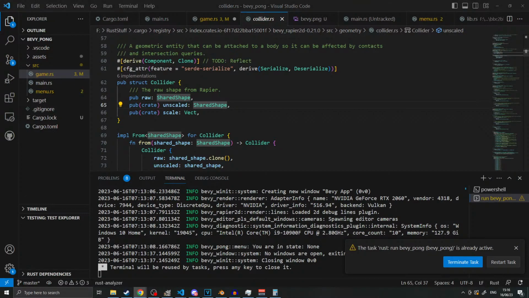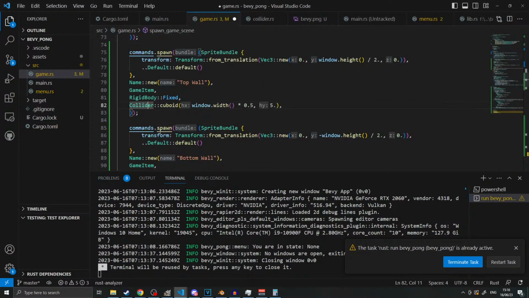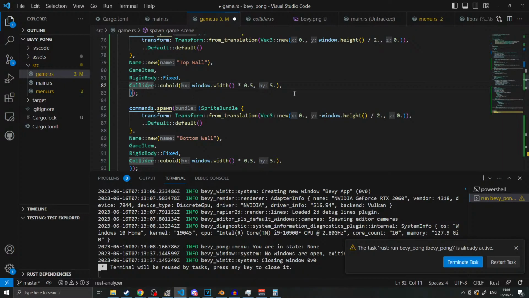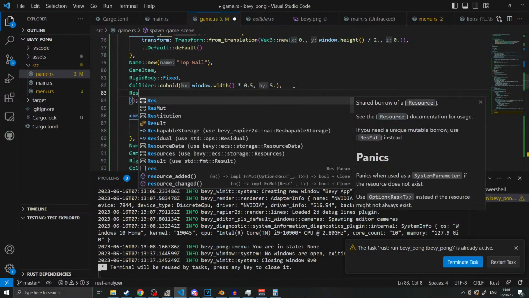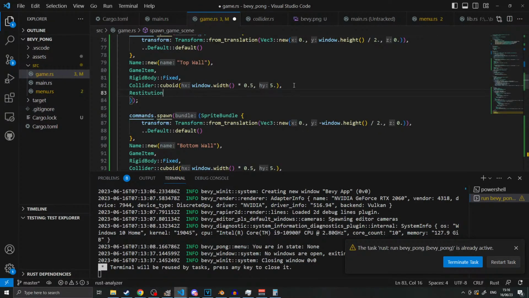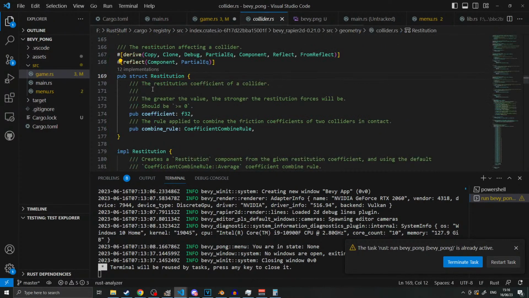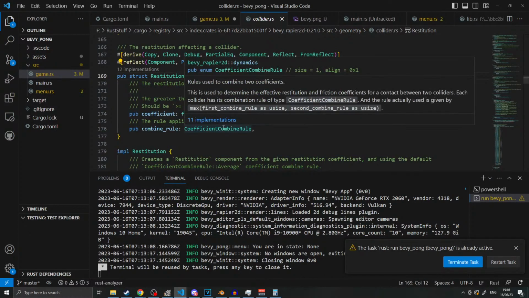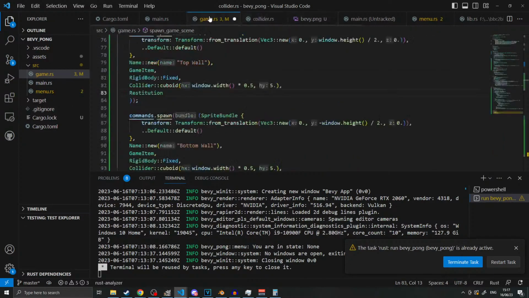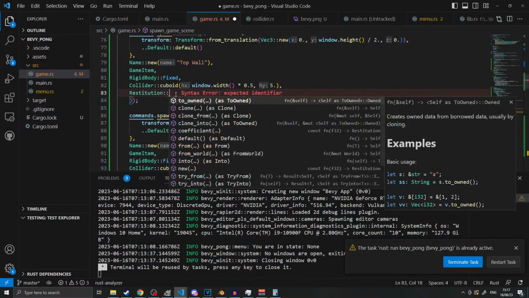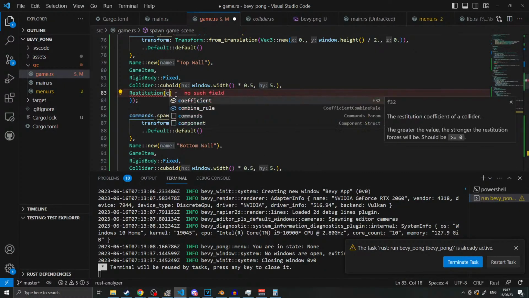Each collider has its own restitution coefficient. That's actually really cool, because that implies that Rapier, I think I have to set it like this, there's a restitution coefficient. This rule is described by the coefficient constraint. Huh. Okay, anyway, what I was saying, what makes this really cool is the fact that you can specify it